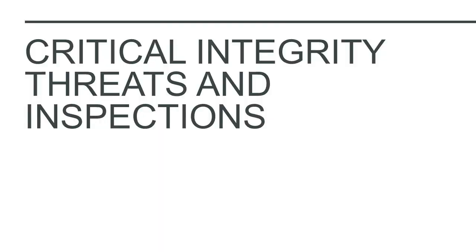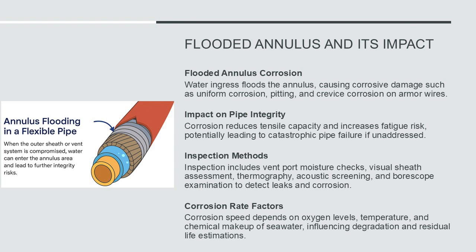Flooded annulus and its impact, wire armor inspection and integrity assessment. The annulus in a flexible pipe is the normally dry space between the pressure sheath and outer sheath, housing armor wires that provide tensile strength. When water ingress occurs, due to outer sheath breaches or end-fitting leaks, the annulus becomes flooded, creating a corrosive environment